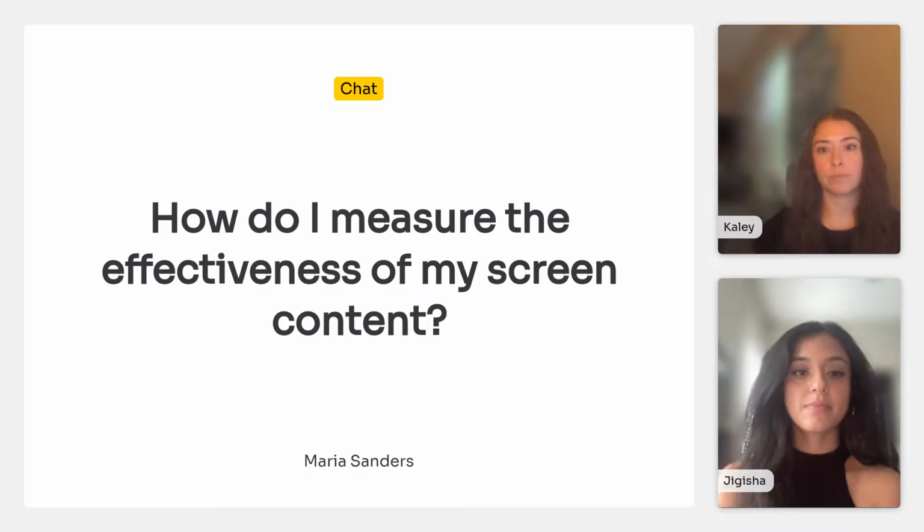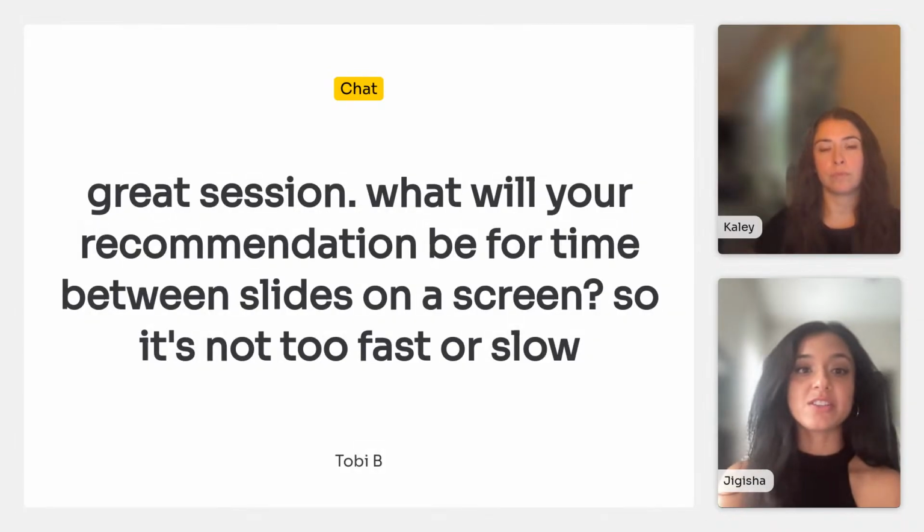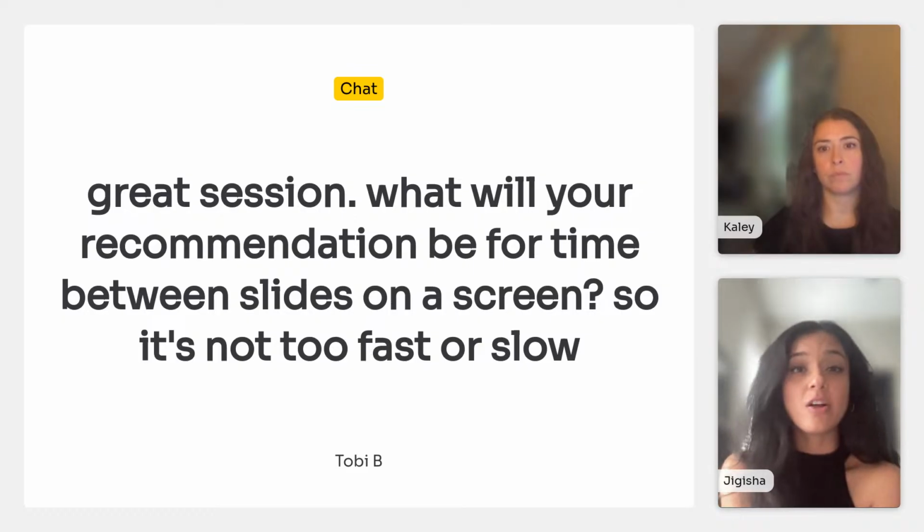I see we had another question around time between slides on a screen, just making sure it's not too fast or too slow. So this really goes back to depending on where your screens are located and what content is on screen. Let's say that it's something that's really easily digestible, going back to those bold visuals and not a lot of words. That can be pretty quick.